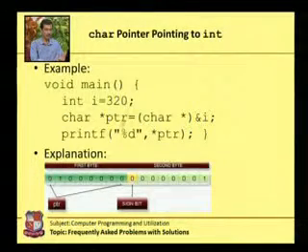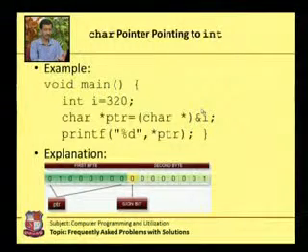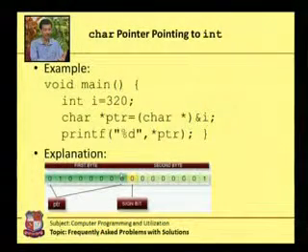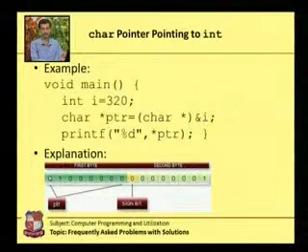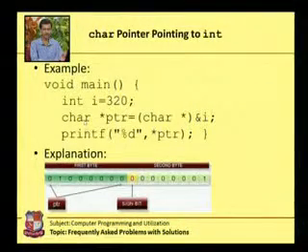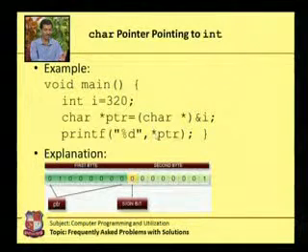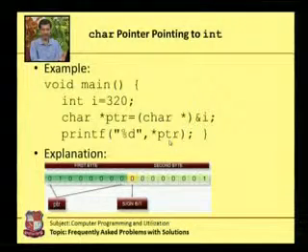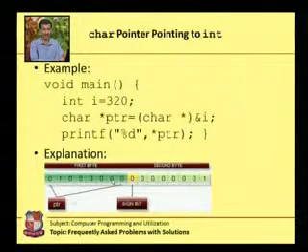So this pointer is going to get the address of I, but it understands that only this first byte contains some data, only because it is a character pointer. And then if we say star PTR, the meaning is the value at the given address. The address we have given is the first address, and the type of pointer is character.